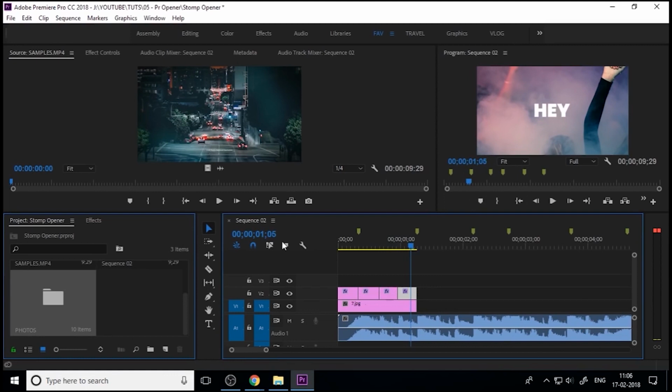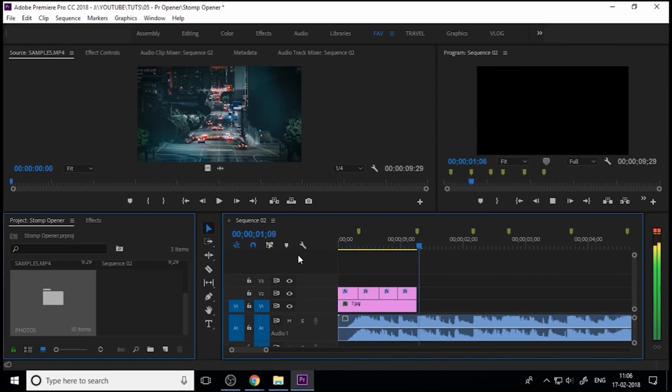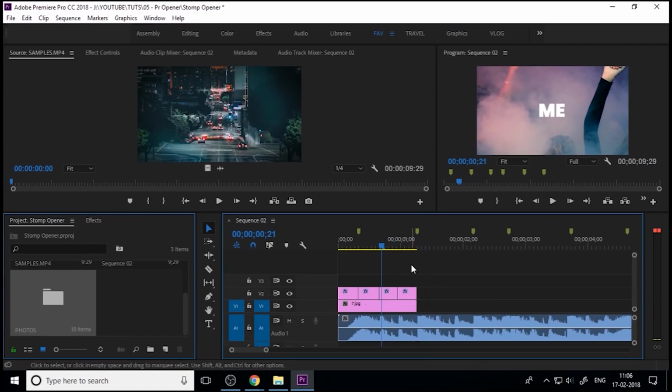You can edit it separately, and go to select the type tool and click on the type. Now your base intro is okay, first part is okay. If you press spacebar, you can see the preview. Next, you need to